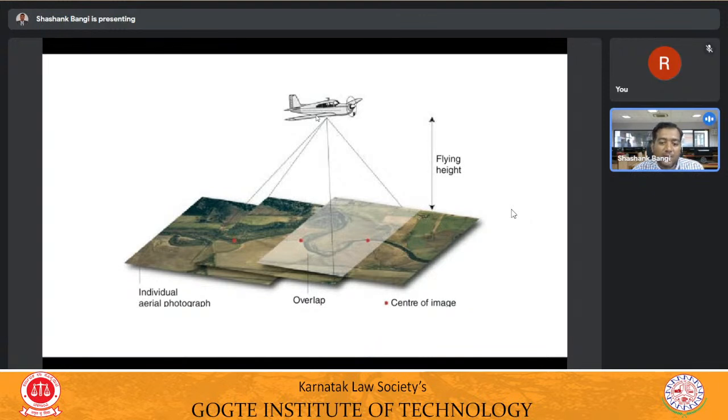Sometimes we can't depend on the satellite images. Sometimes the satellite may pass over our required location, or sometimes it may not pass. So when data is not available, we can make use of drones and capture the required data. That is one of the advantages in aerial photogrammetry. And also we can convert the photos into maps where we can measure the distance from one point to another point.